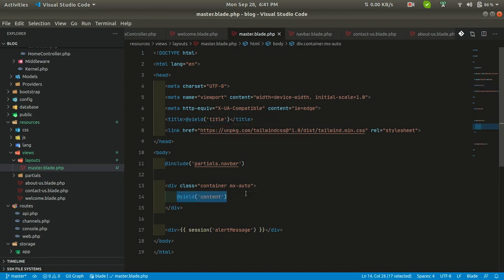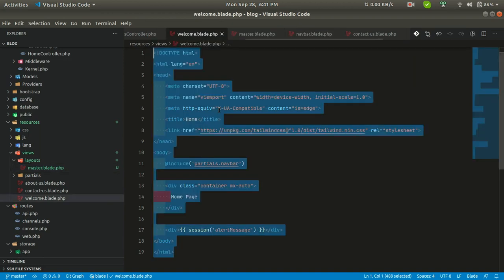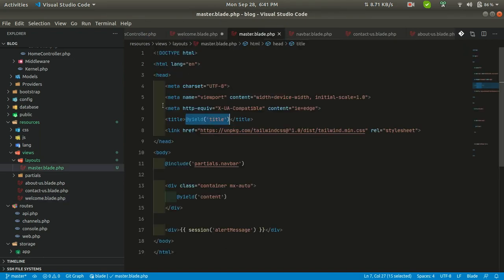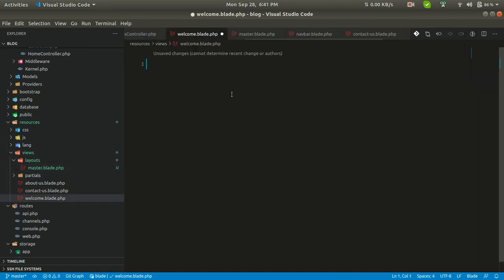Okay, these two things are dynamic, so we are changing them into yield. Now how to use this in our other blade files, we'll see. So let's go to the home and let us remove all this. Now what we can do is extend this master from here. We can do extend,